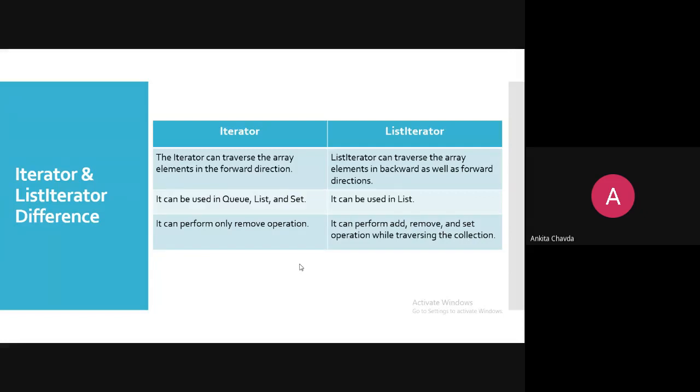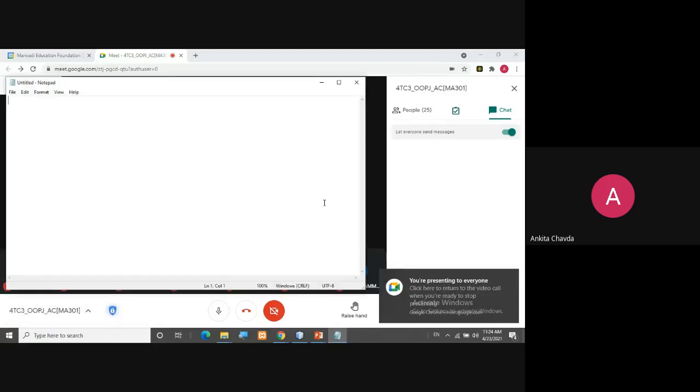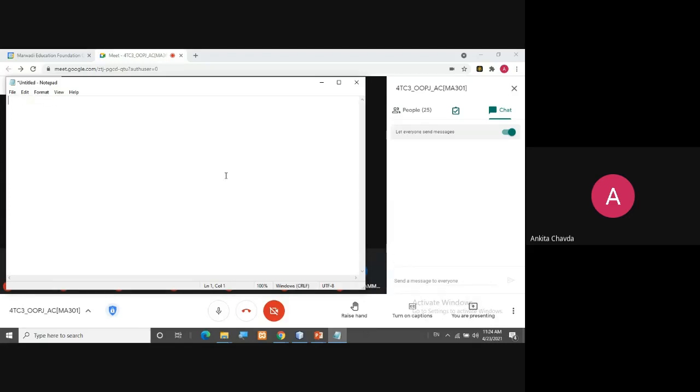You have used both, if you remember. If you are using list iterator, you have to create a reference of ListIterator, then itr equals to whatever your array list or linked list, over which you wish to set your iterator, say suppose it is al.